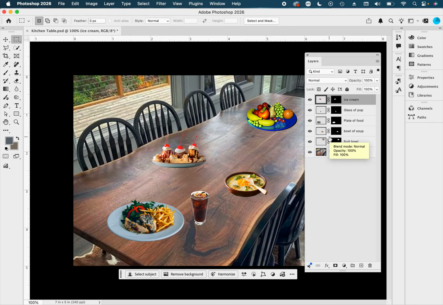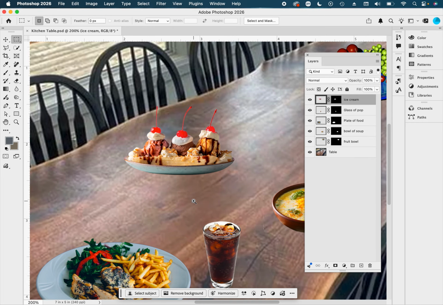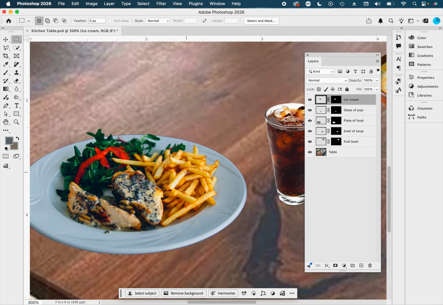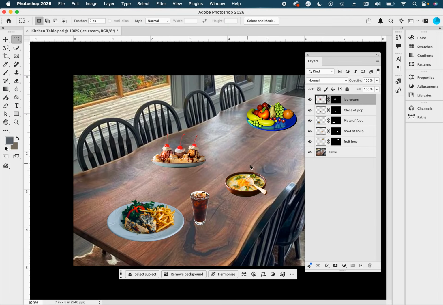I do want to add drop shadows. We're talking about light sources. Taking the light source, I'm thinking it's like outside because you've got the shadows coming straight down. So even though the images are not all photographed the same way, again, another example of how important it is that every element work. This table does not work. These elements do not work together. We're just going to try to fix it, but you can only do so much in Photoshop. If things don't work together in the first place, it's hard to make them work in a nice final image. But one more thing I want to look at is